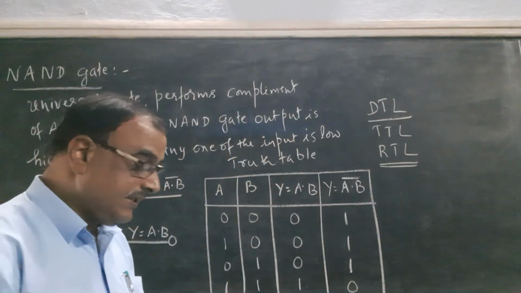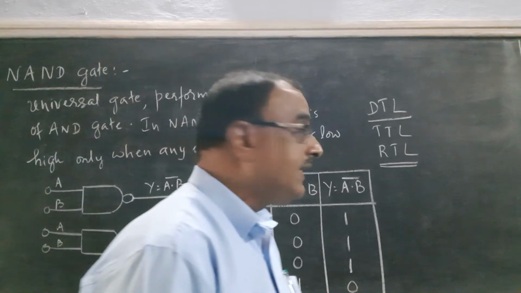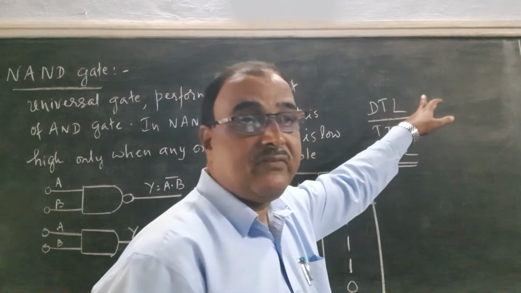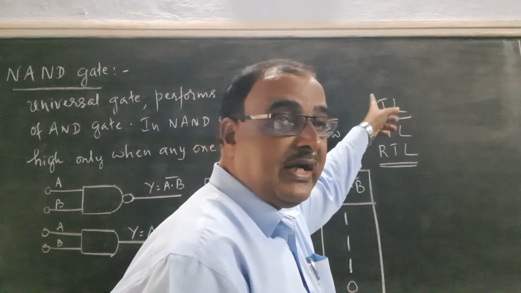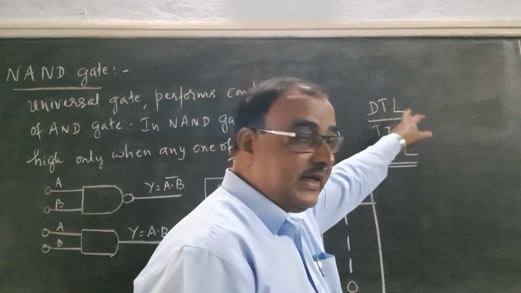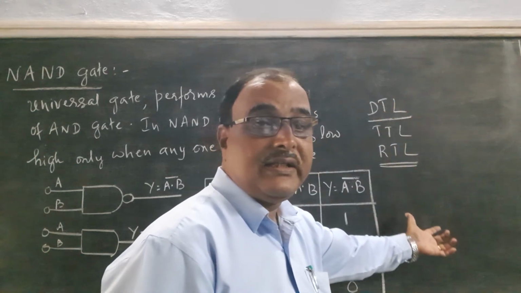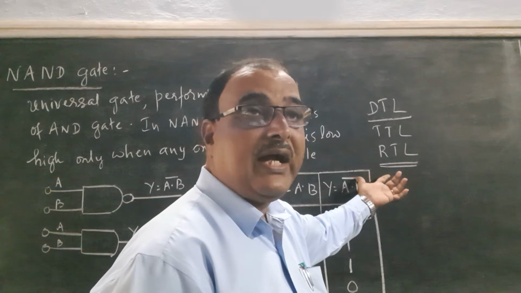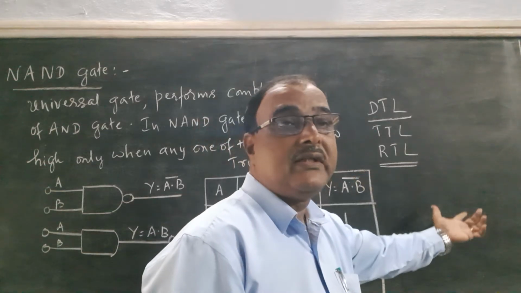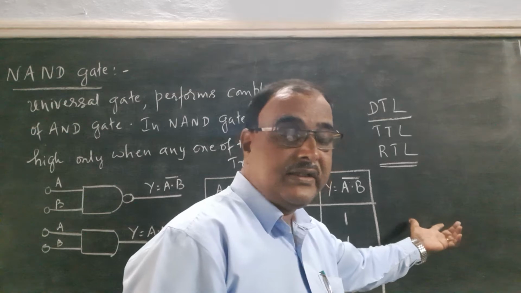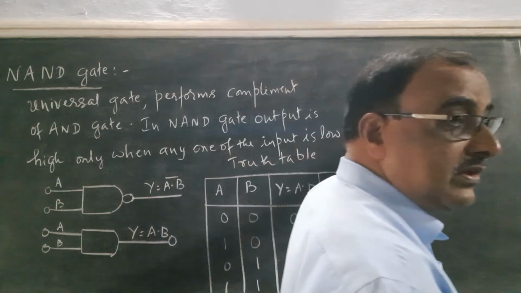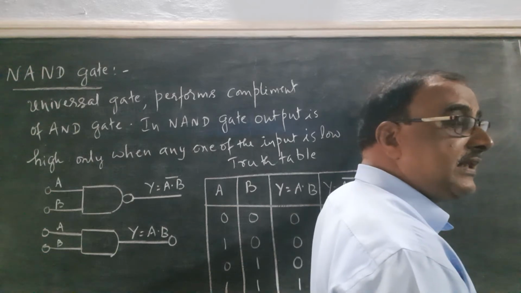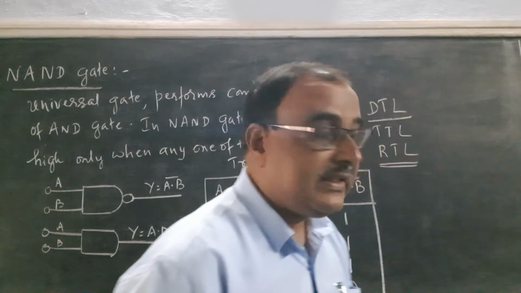Now in case of DTL NAND gate, it consists of diode and transistor. At the side of the input there are two diodes and one transistor is connected, and that performs the negation operation. The DTL gate performs the usual AND operation, which is combined with the negation operation by the NOT gate, and so the total combination is that the DTL gate is acting like a NAND gate.